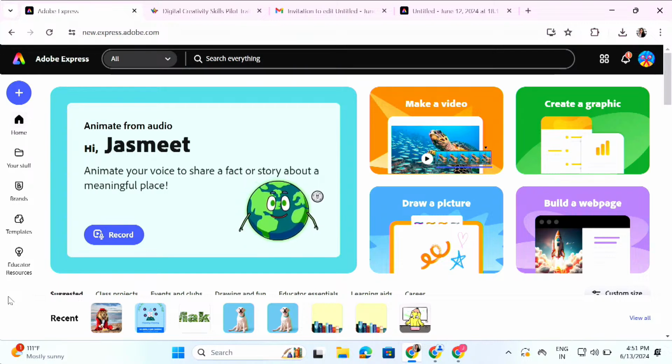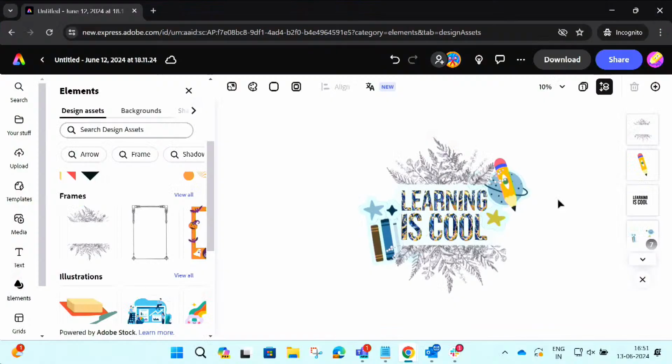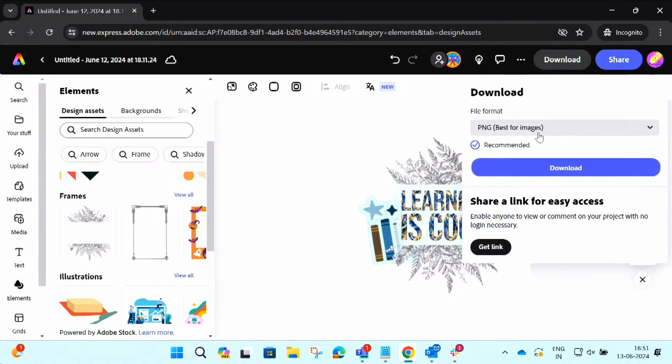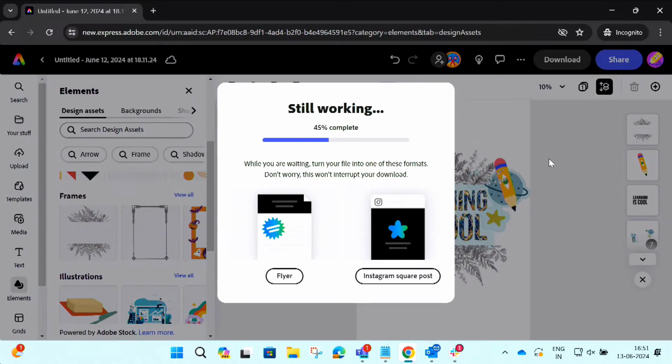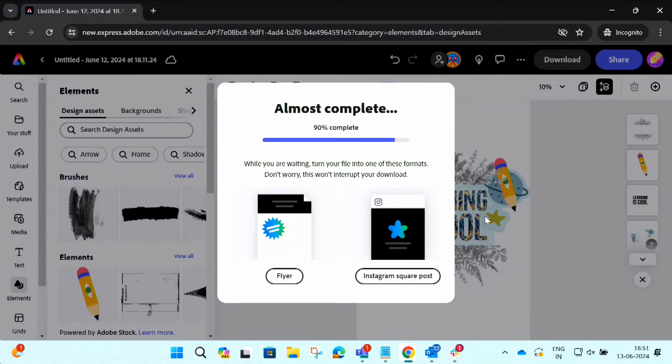Okay, let me share my screen. So you can see my creation over here. When I click on download, this is how I can download it into 3 formats: PNG, JPG and PDF. So whatever format you require, you can download it in that and then copy paste it into WhatsApp or any other media that you would want to circulate it to. So this answers your first question.